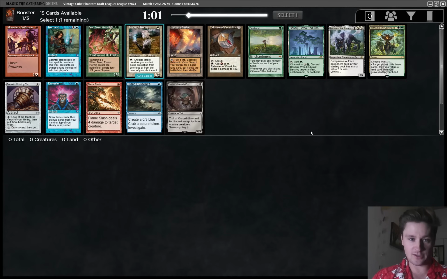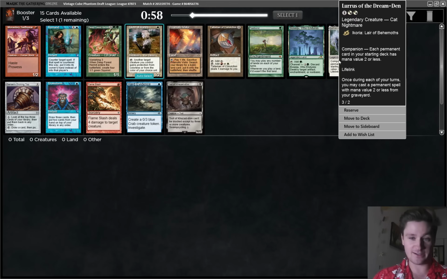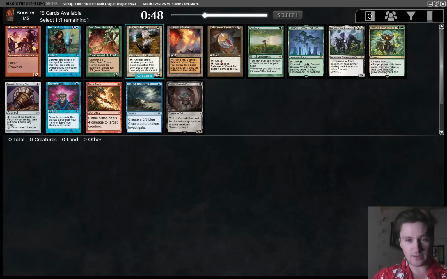Couple good options to start. I think it's secretly an option to take Lurrus. It's kind of weird to lead on this card, but it's really good. I think if you can meet the restriction, usually some combination of Mardu aggro will get there. So that's a consideration. I don't think I'll take it here, but